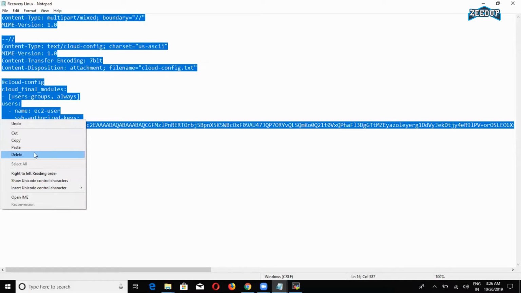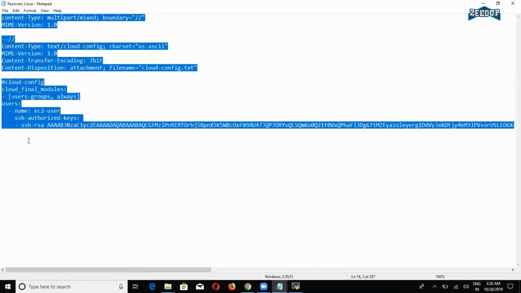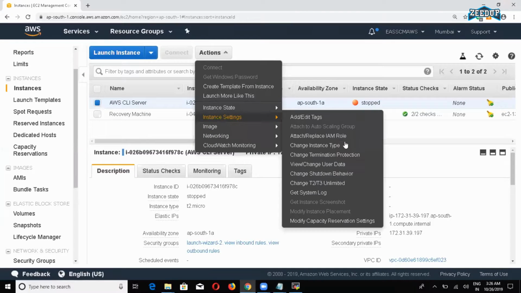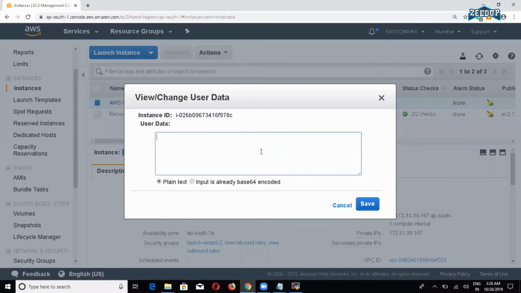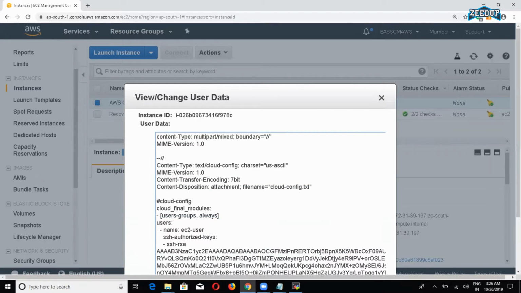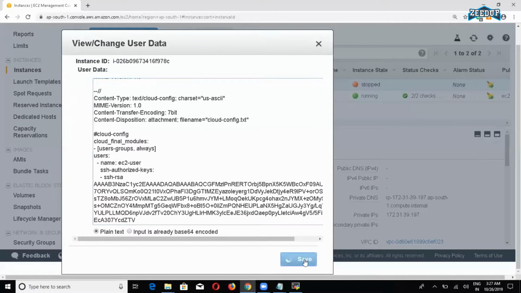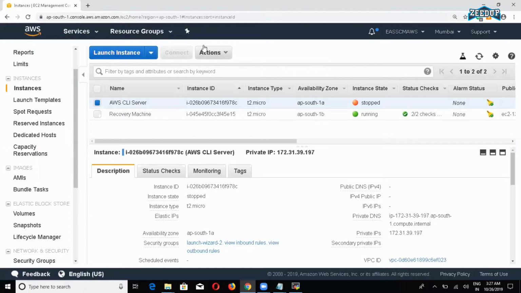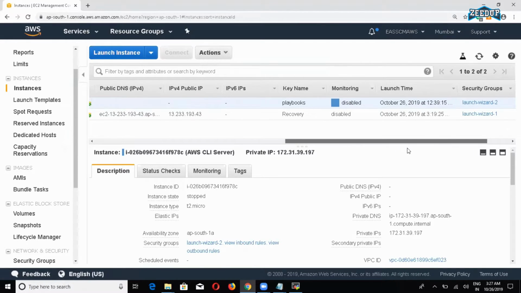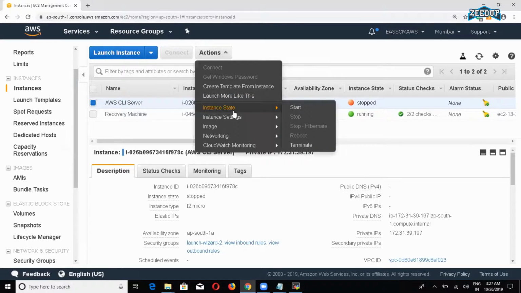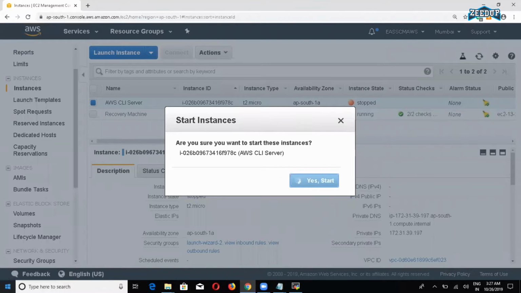copy, and go to the problematic instance. So let me go to the problematic instance, and here I'm going to run this as user data. Right, so go to the change and paste it here. And this user data is such a powerful feature where you can troubleshoot many things, not even writing a script, just running a script. Okay, so let me start that instance,